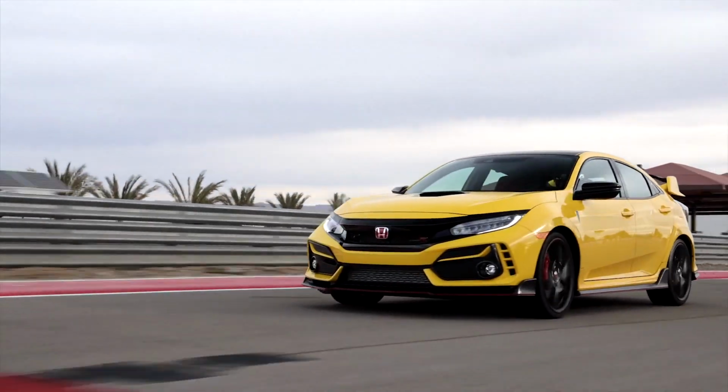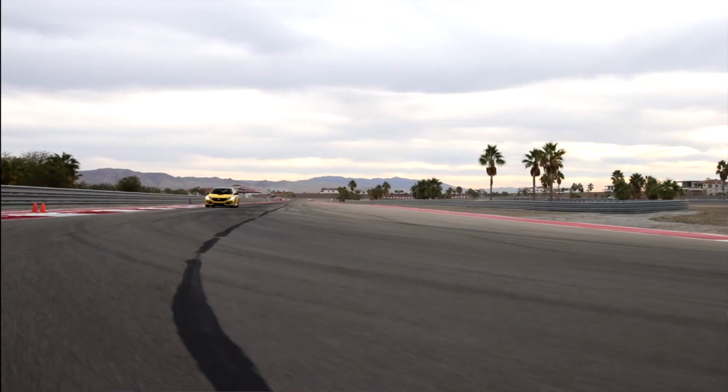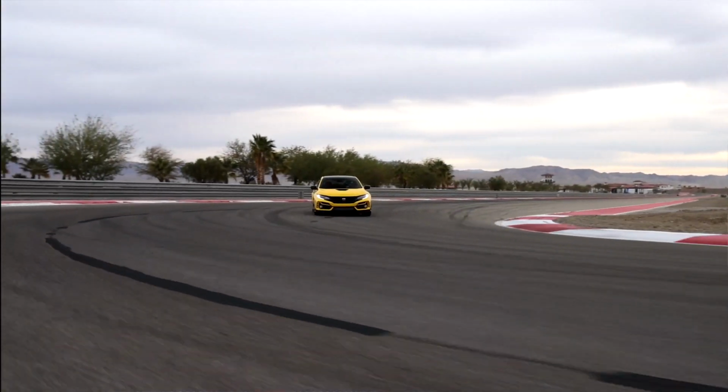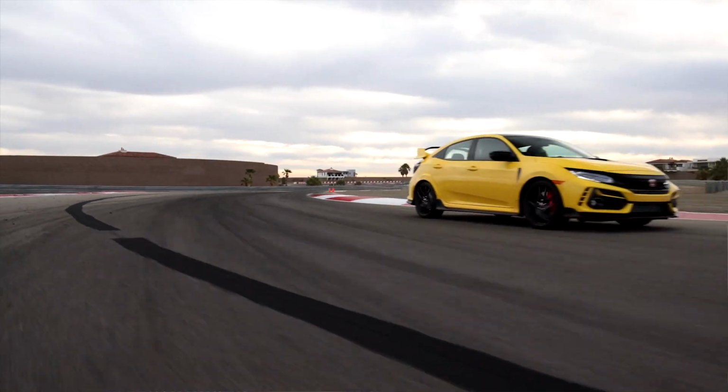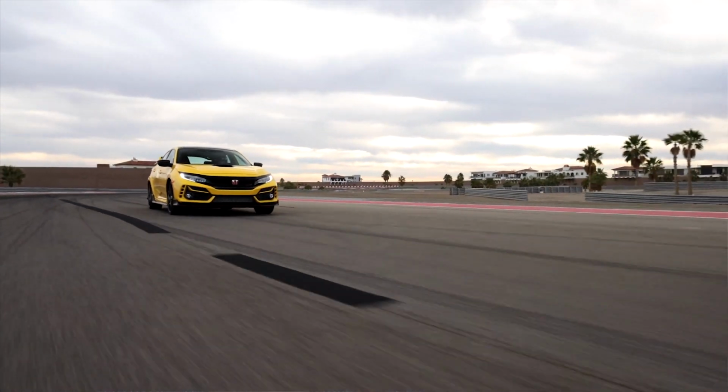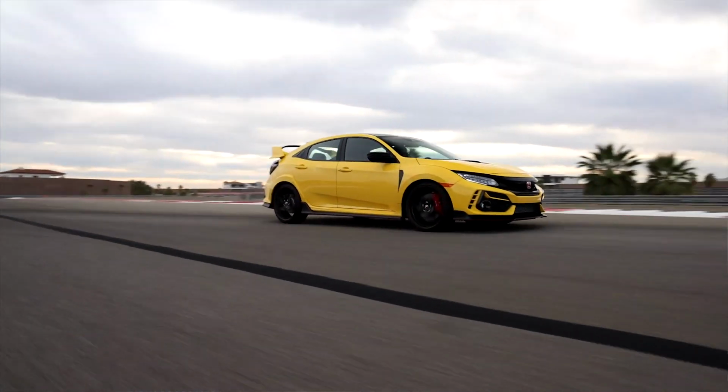Now, the reason why it's front-wheel drive is because Honda is the king of front-wheel drive applications, and because this is a Civic Type R, they really wanted to honor its past. The Civic Type R was always front-wheel drive. It's also to reduce weight. Now, okay, this is a very heavy car. It's almost twice the weight of the original Civic Type R, but the reason for this is because this is